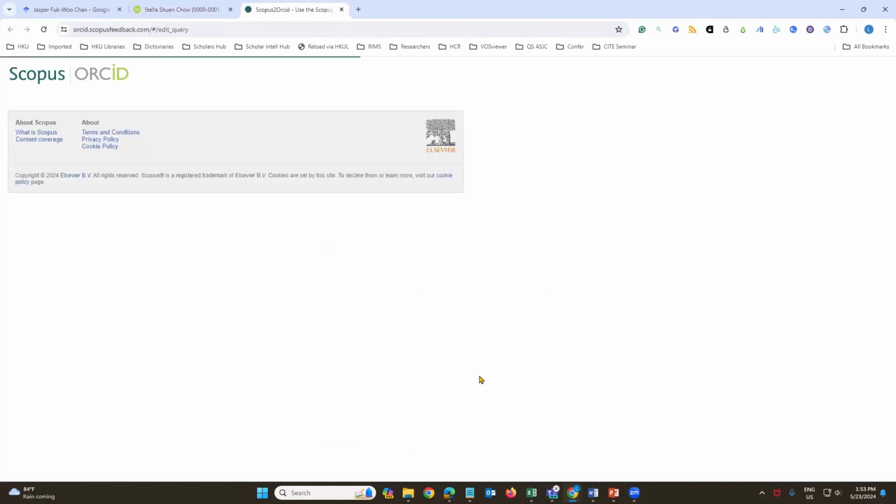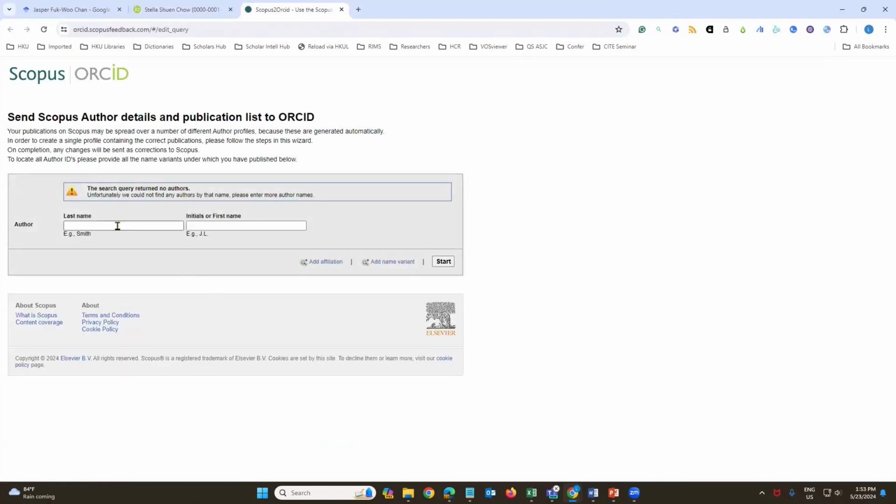For example, we click Scopus. Then you can search your name and input your name and other information. It will link to your Scopus